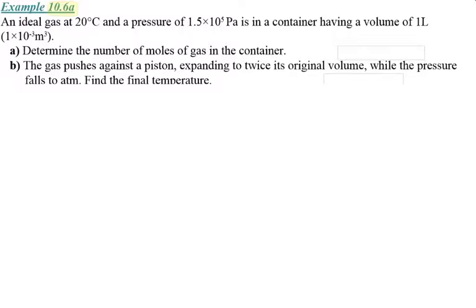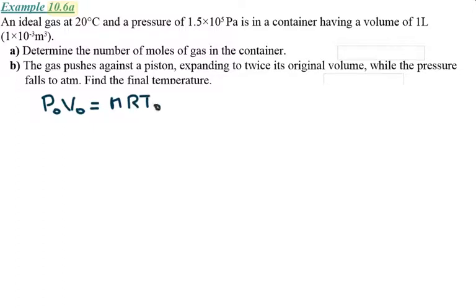Determine the number of moles of gas in a container, and then the gas pushes against the piston, expanding to twice its original volume, while the pressure falls to atmospheric. Find the final temperature. So again, I can set up that P initial, V initial is equal to nRT